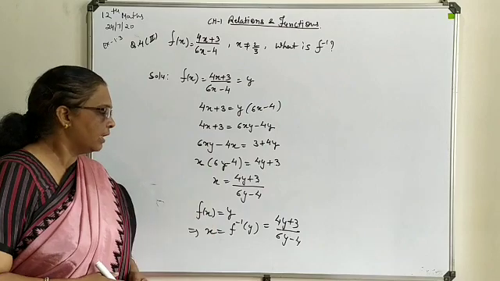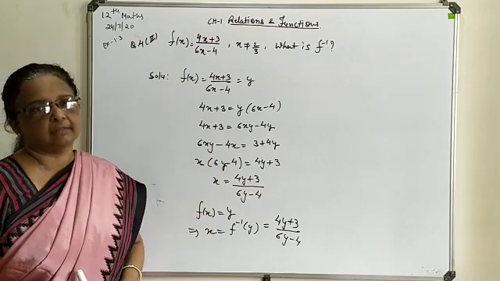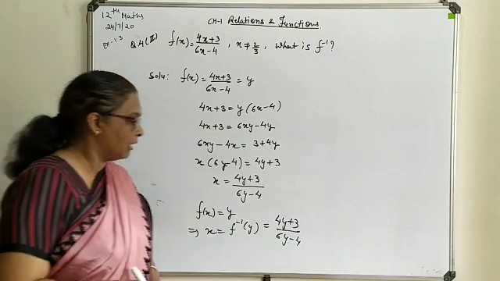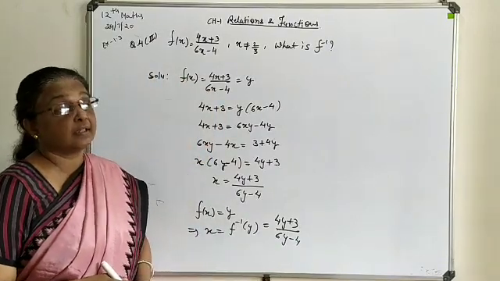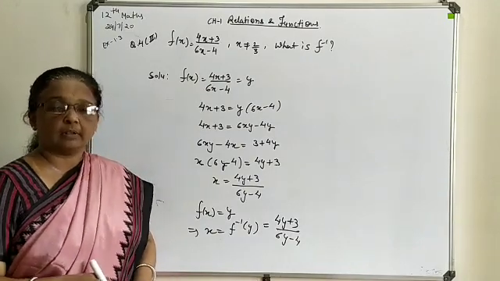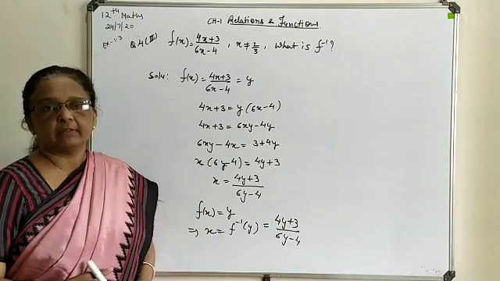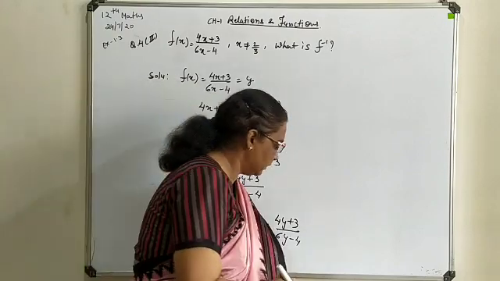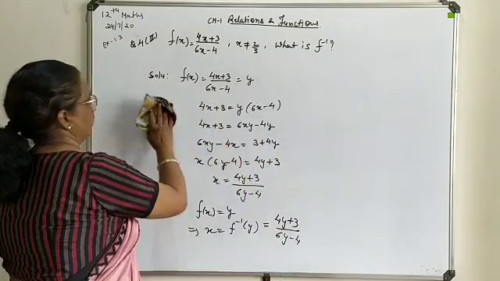exist. Before that we are going to move to question number 5, in which direct ordered pairs are available, and you have to check whether the inverse will exist there or not. So the basic condition for existence of inverse is that it should be one-one as well as onto. So that we will check on the basis of the given ordered pairs. So let's move towards the first part, question number 5.